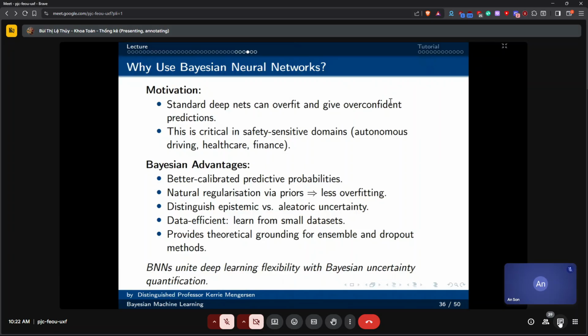And so we want to be able to have more uncertainty in our model and represent that uncertainty, coming from the data and from the models. So standard deep nets can overfit and give us overconfident predictions.